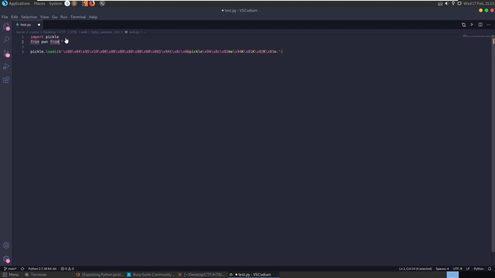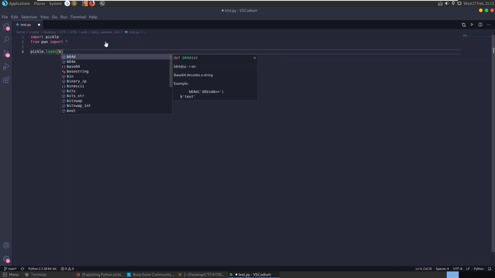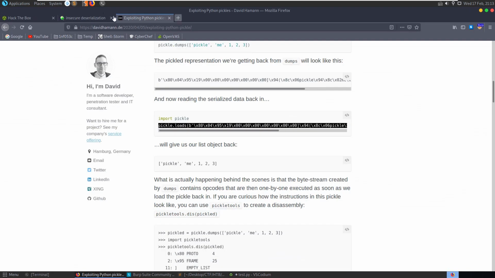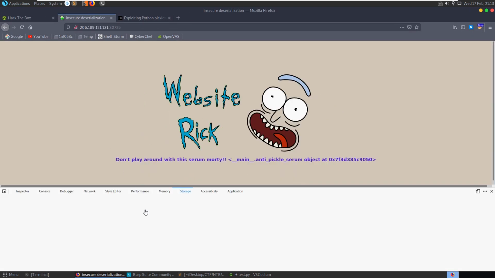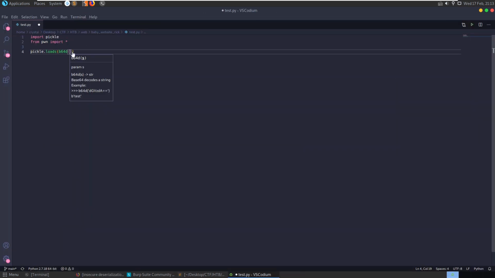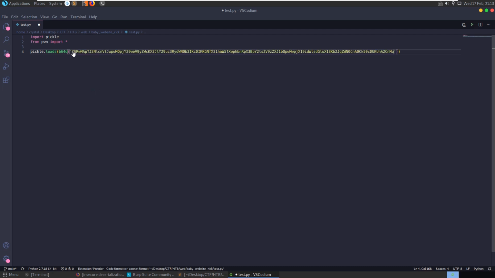From pwn import all has a lot of useful functions in it, including the ability to just base64 encode and base64 decode quite easily. So we can base64 decode in this example our cookie value. Whereabouts is it? Okay. Grab this cookie value and we'll paste that in, and let's try to run,